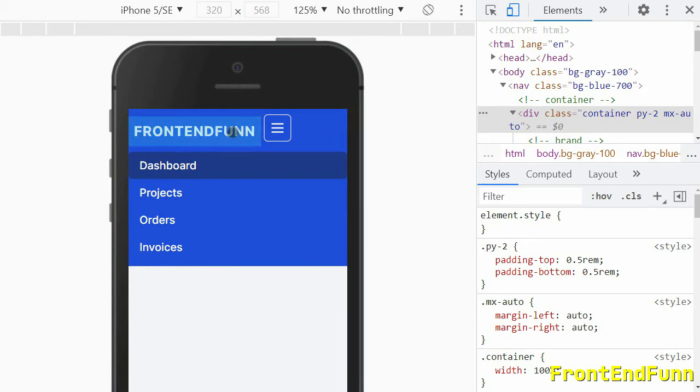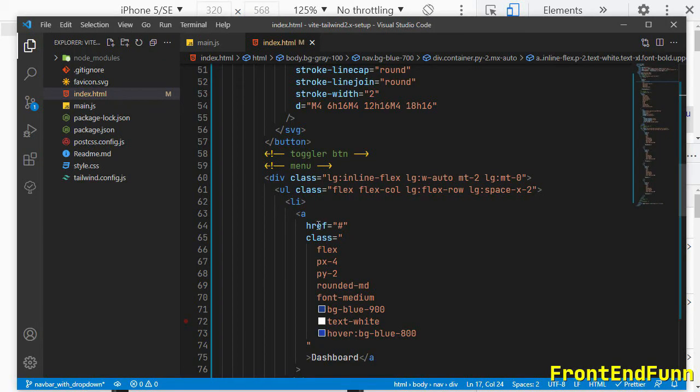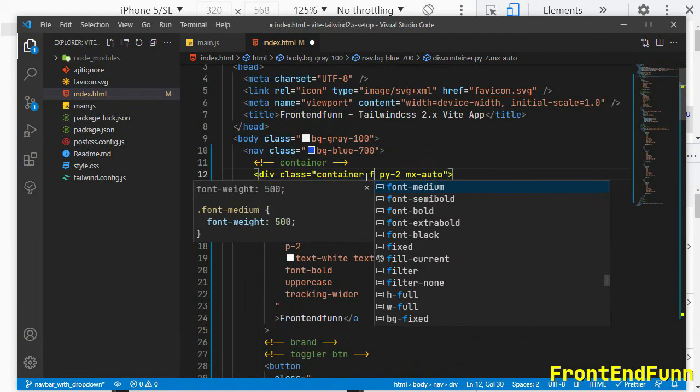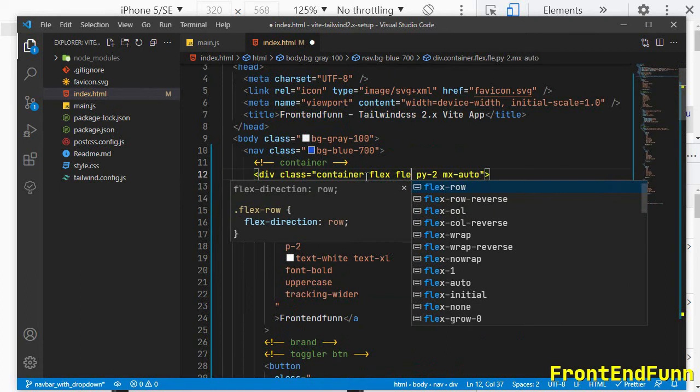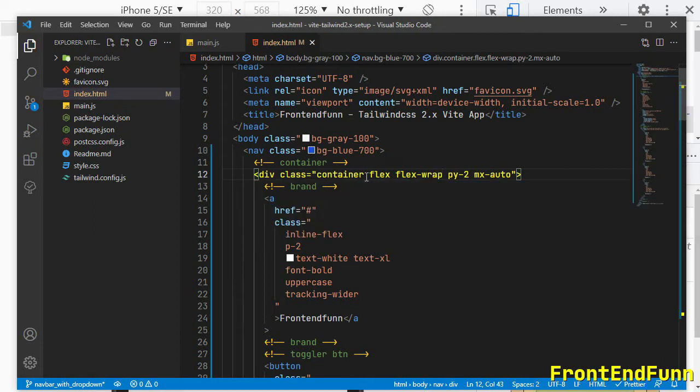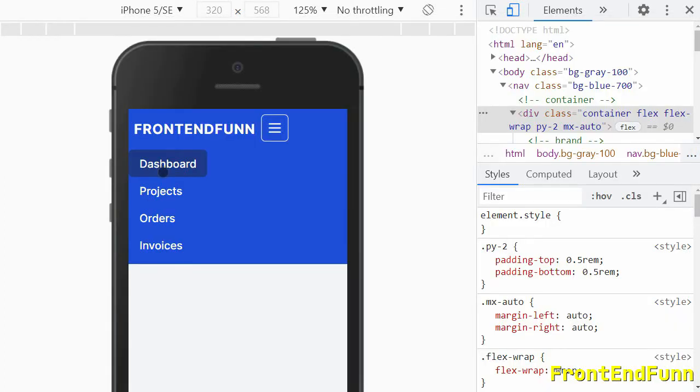Now if you observe, when I click on front end fun here, the button and the brand are not center aligned. To center align this, we'll target the container and make it flex, and because we want the items to overflow, we'll just add flex-wrap. If you only add flex, then the links will be next to the button. Now the button is centered.